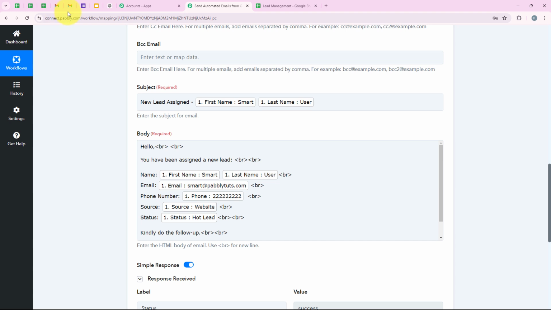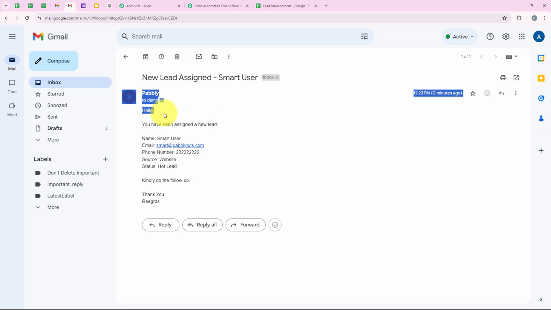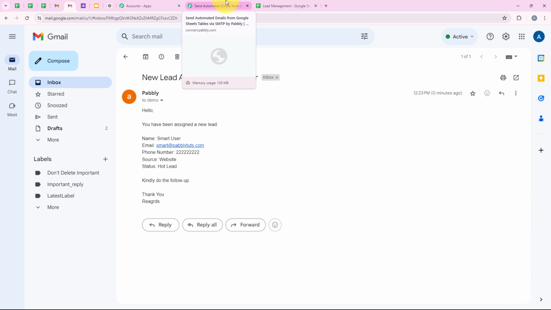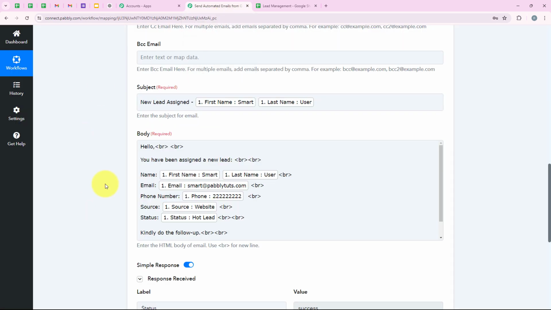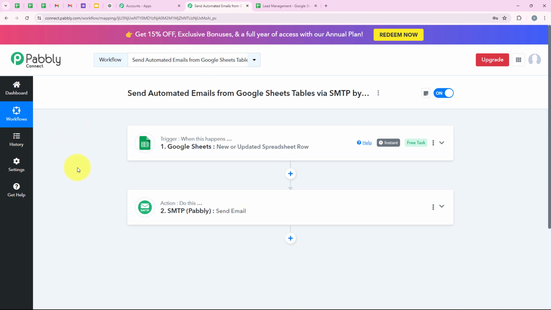So I'm going to open the email right over here. And as you can see, Pabbly new lead assigned smart user. So I'm going to open this, and yes, you can see, hello, you have assigned a new lead. Over here you can see the name, email, phone number that we mapped. Kindly do the follow-up. So yes, we have successfully sent the mail with the help of our SMTP by Pabbly. So yes, with this we have successfully completed this workflow, but I'm just going to test this workflow once more,